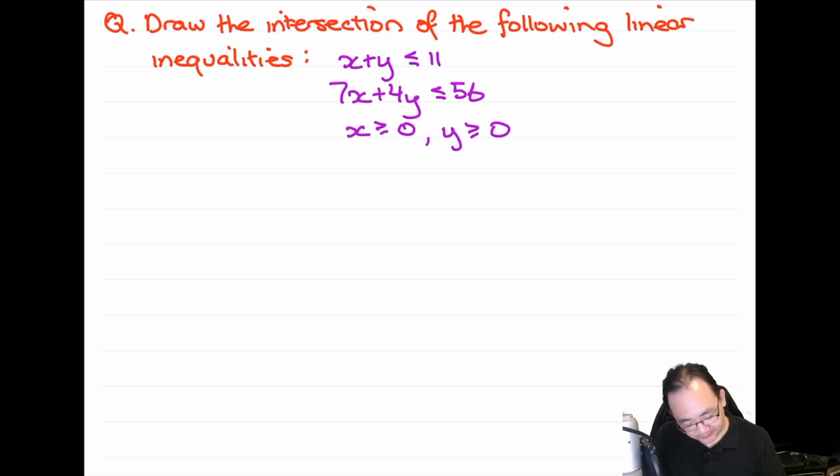So draw the intersection of the following linear inequalities: x plus y is less than or equal to 11, 7x plus 4y is less than or equal to 56, and then of course x is greater than 0, y is greater than 0. So the first thing when you draw a linear inequality is that you want to know how